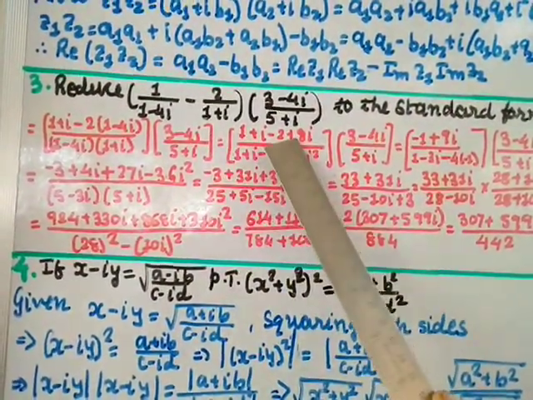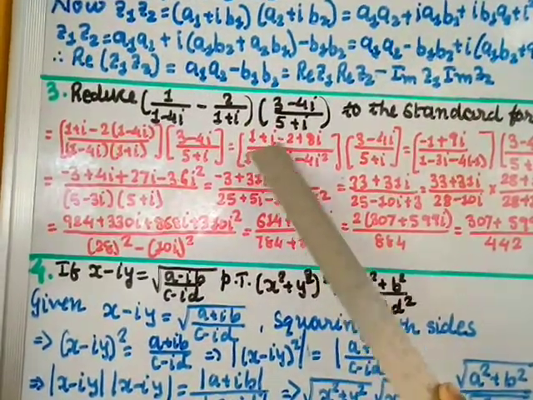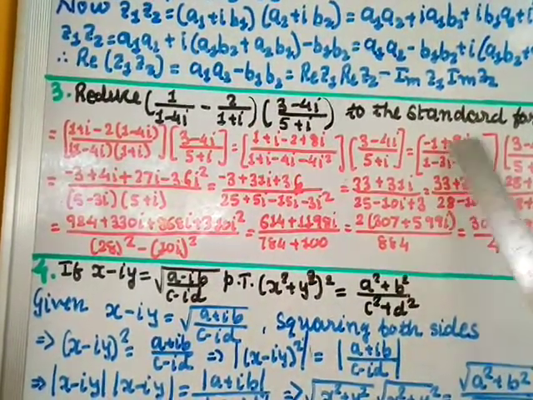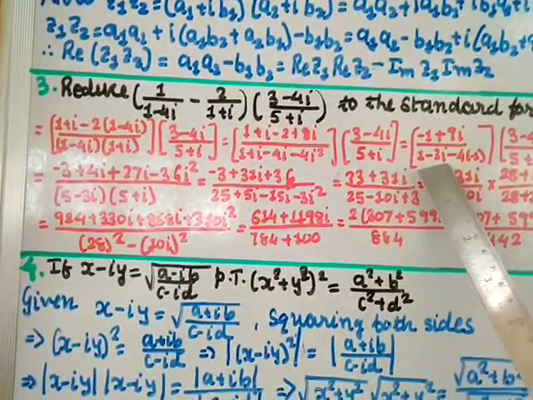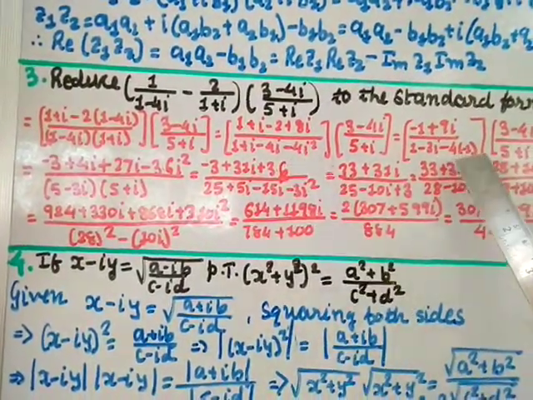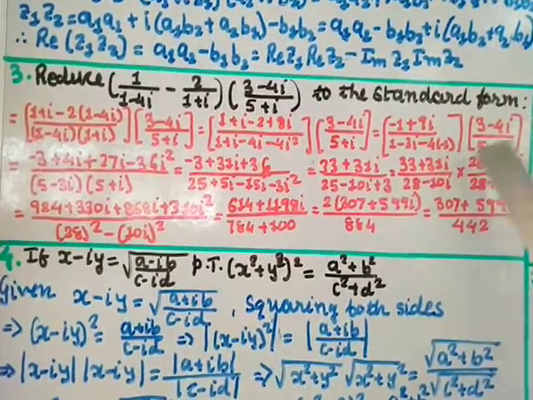Now here 1 minus 2 will give you minus 1. i plus 8i plus 9i. Okay. Here 1 as it is. i minus 4i is minus 3i. Minus 4 and i square is minus 1. Okay, and this bracket term as it is.